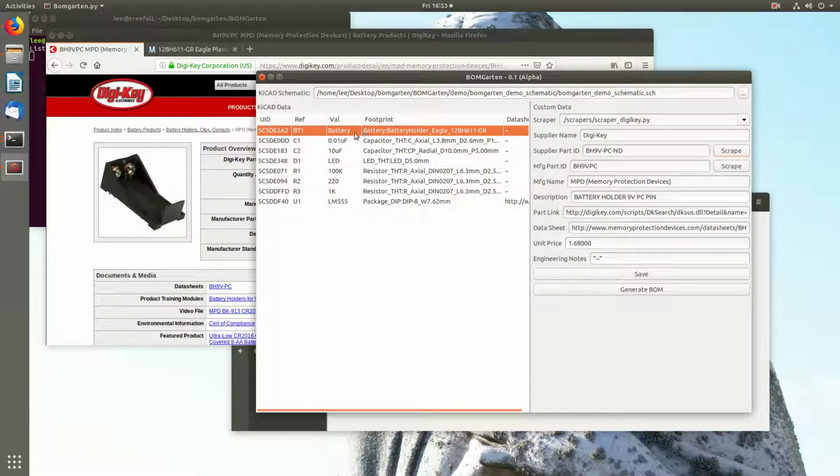Now, what BOMGarten does is it actually creates all of these fields, and it will attach them to a schematic file. KiCAD has open sourced their project, so they actually have a helper Python file that allows me to pretty much read and write out their schematic files. So for this, I can say this is a direct replacement for the